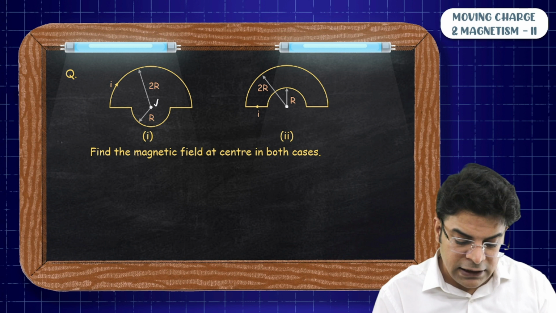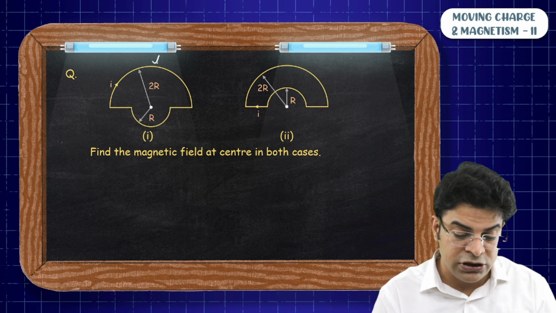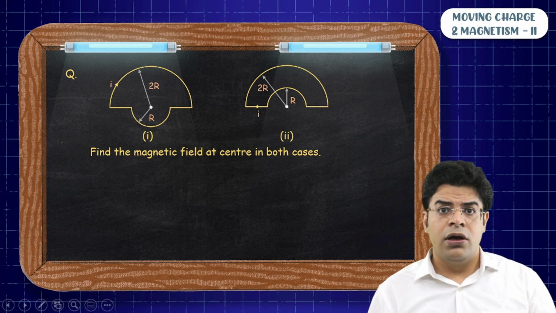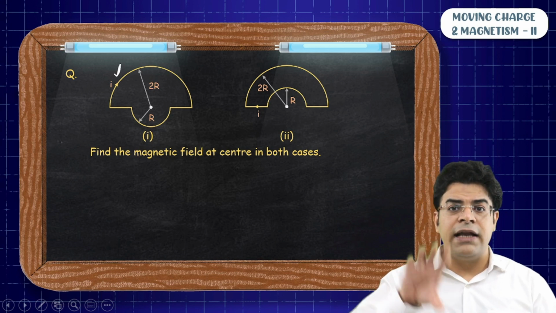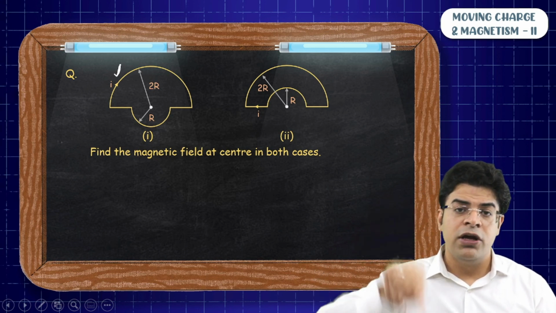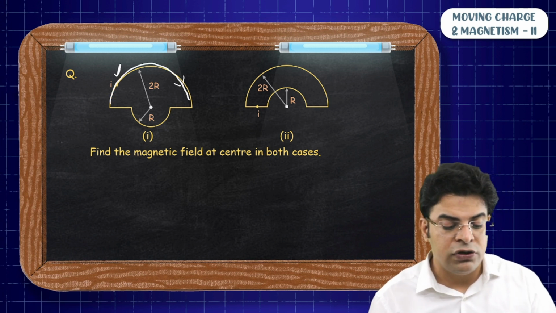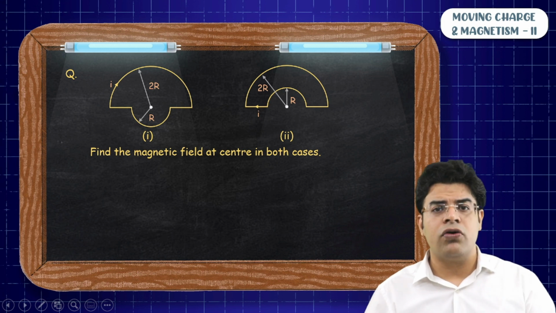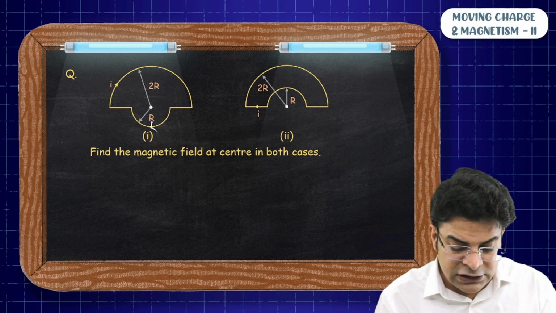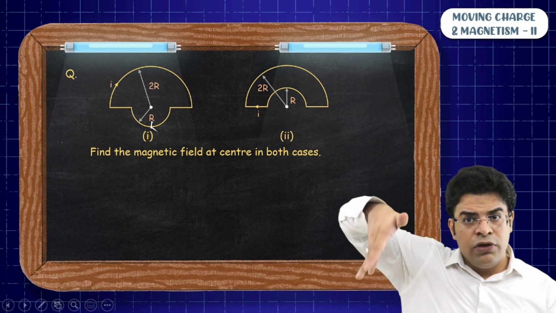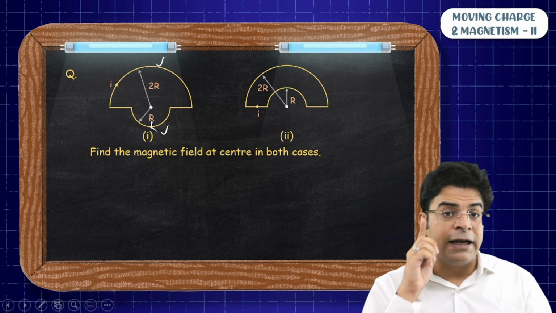Now we need to write the net magnetic field at the center, and we need to write it just because of the two semicircular parts. Due to the first semicircular part, the bigger one, we can tell that the direction of magnetic field has to be inward. Curl the fingers of right hand in the sense of rotation of current, and that will give you the direction of magnetic field at center from the knock-knock rule: inward. And due to the second loop also, look at the sense of current, it is clockwise. So if you turn the fingers, you again get inward. So due to both the halves, the direction of magnetic field is inward.